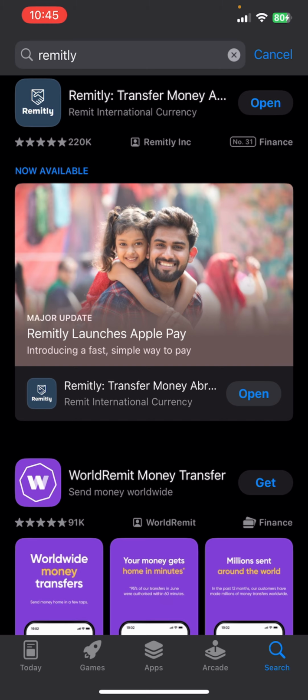So yeah, once your download gets complete, simply tap on the open button and you will be able to access it. So basically this is how you can download the Remitly app on your iPhone,